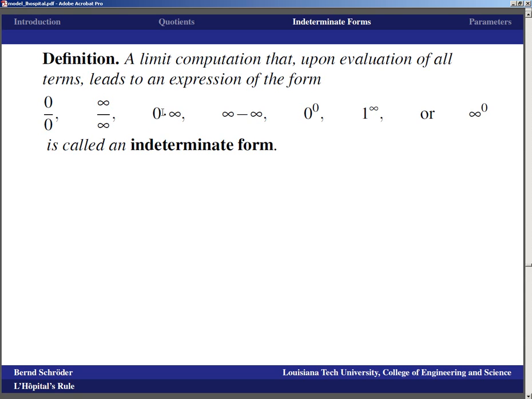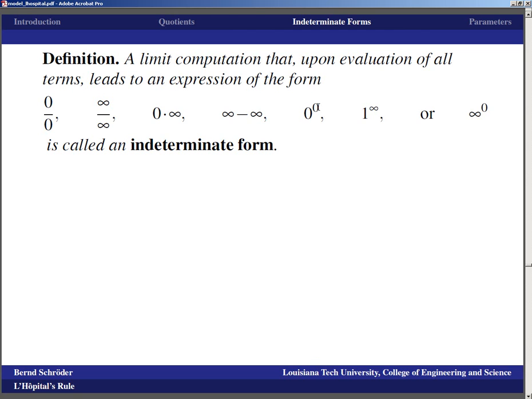0 times infinity: if the first factor goes really fast to 0, then it won't go to infinity. If the second factor goes really fast to infinity, it could still go to infinity. So that's indeterminate. Infinity minus infinity, well, depending on how fast these go, that could be any number also. 0 to the 0th, algebraically, is typically defined to be 1, but depending on how fast things go here, this exponent could still pull this, or if the base goes really fast to 0, then this could be pulled towards 0,